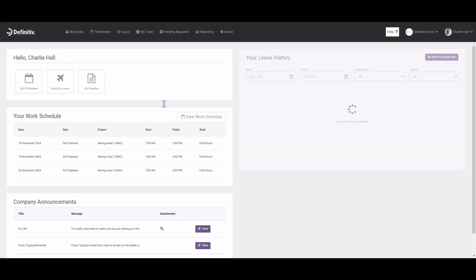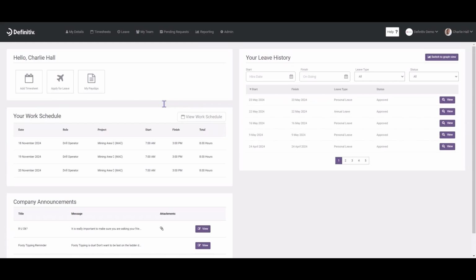Now we'll go and explore the payroll outputs of Access Definitiv. So that starts with the award interpretation, how the system interprets the timesheet data that we've just seen submitted, and then actually how a pay run is processed and the clarity and visibility that we give during that payroll processing.